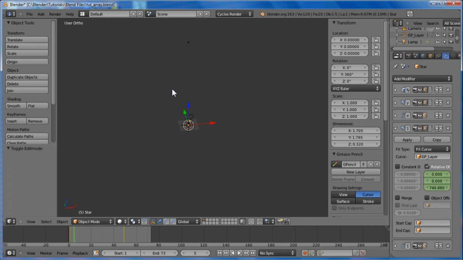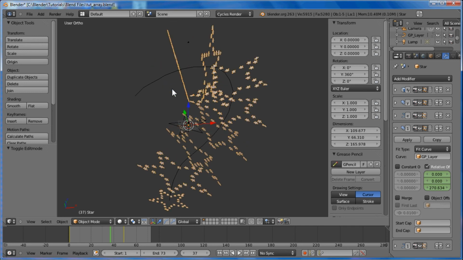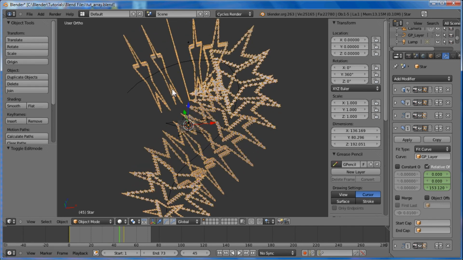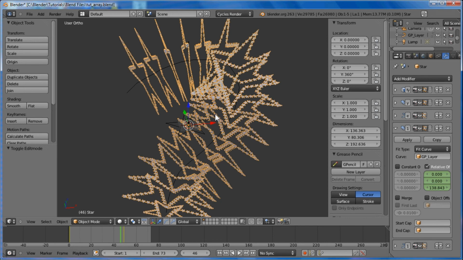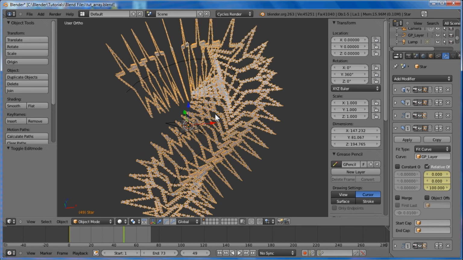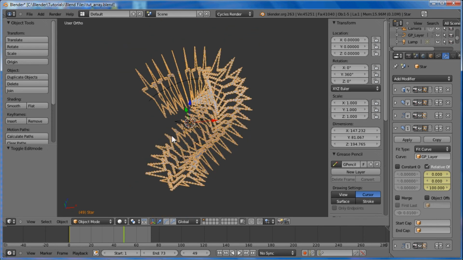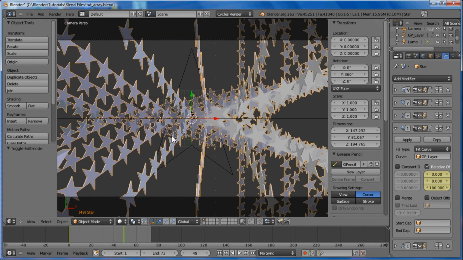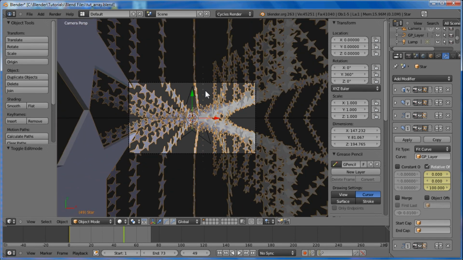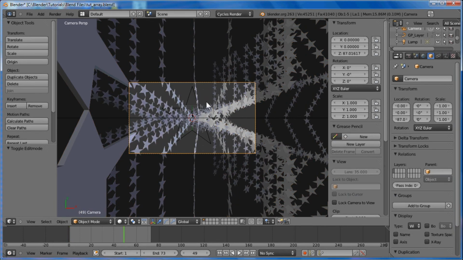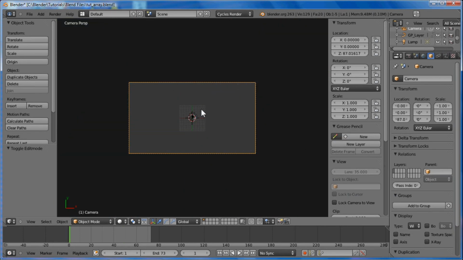And now, if we scroll through, then we start to see it populating the same way as what we did with this star. And there we go. So now we have this nice animated array of objects. We can go into our camera view and see what it looks like from there. A lot of stuff, isn't it? Let's go back to frame 1, and then we can see just by clicking through